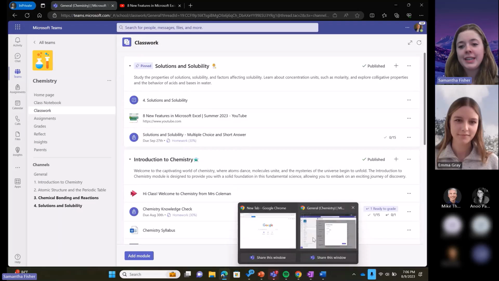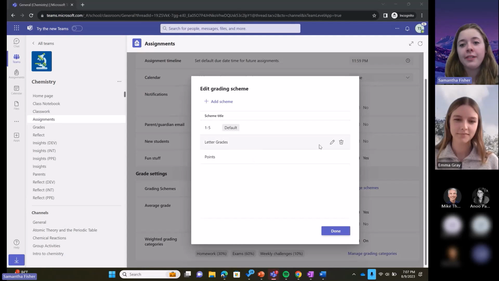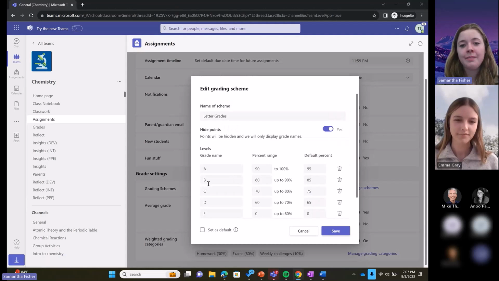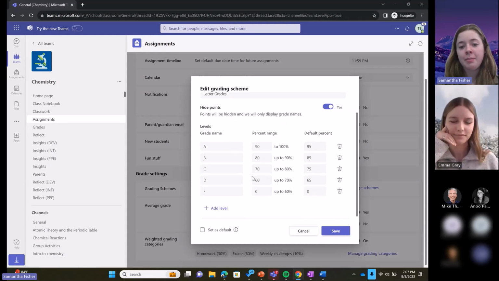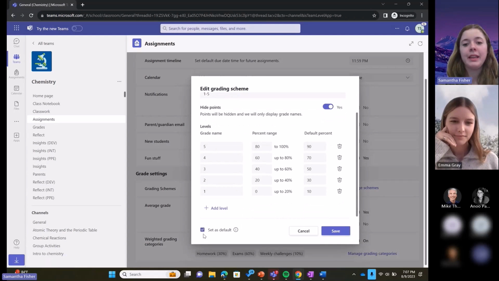I'll also really quickly tab over here and show alternative grading schemes. It's not fully rolled out to that demo tenant yet, but I just wanted to show you what this process looks like. I have a couple set up here. I have this 1 to 5 scheme. I have this letter grading scheme, where as you can see, I've set up different levels and percent ranges. So I have a couple of different schemes here already in this class, and whichever scheme is the default, in this case this 1 through 5 numbered scheme,